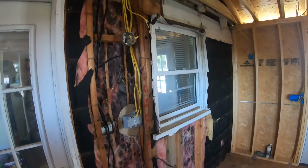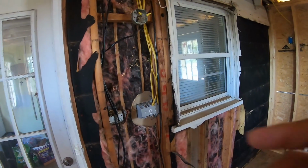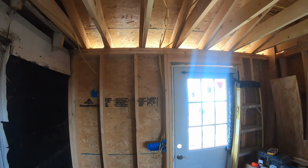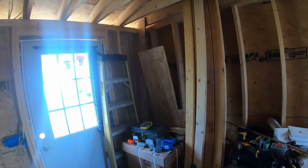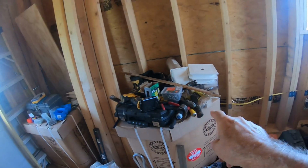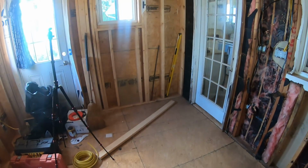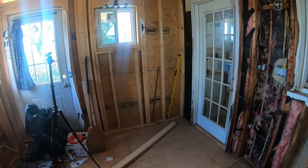So now I'm finished with the wiring over on this side. I got the switch wires in there and there, lights in the ceiling. I got the receptacles run behind here. So now I have to do this corner. But before I can do that, I've got to build a